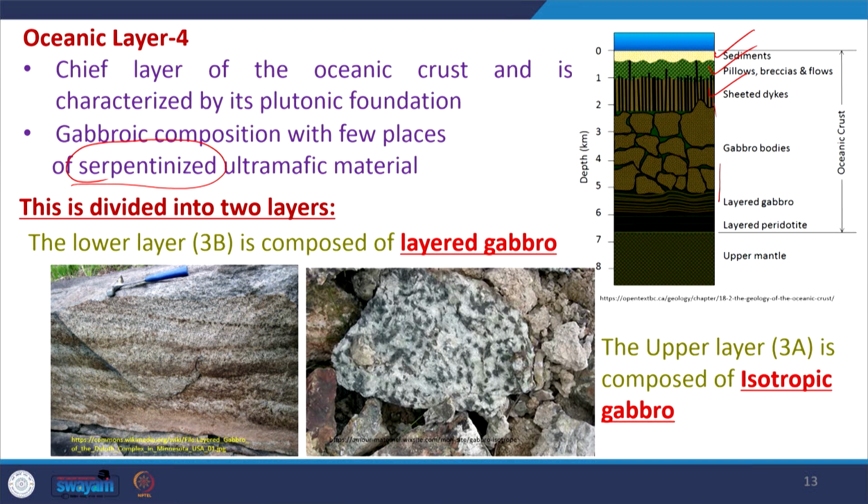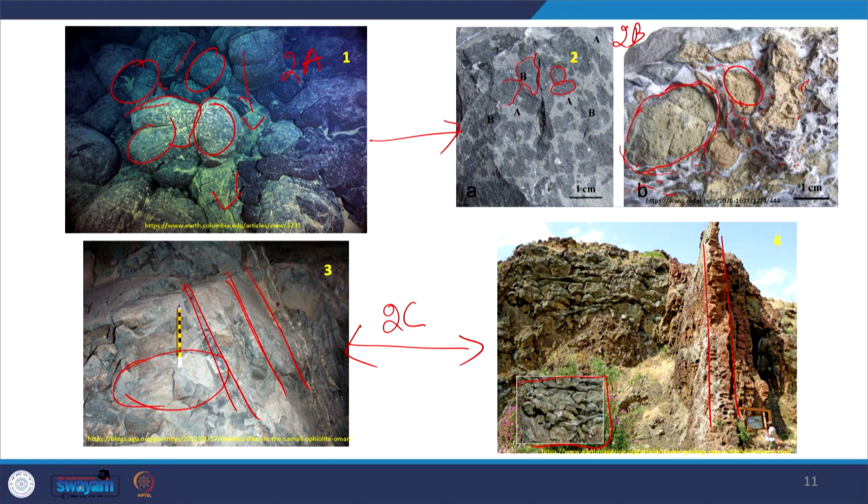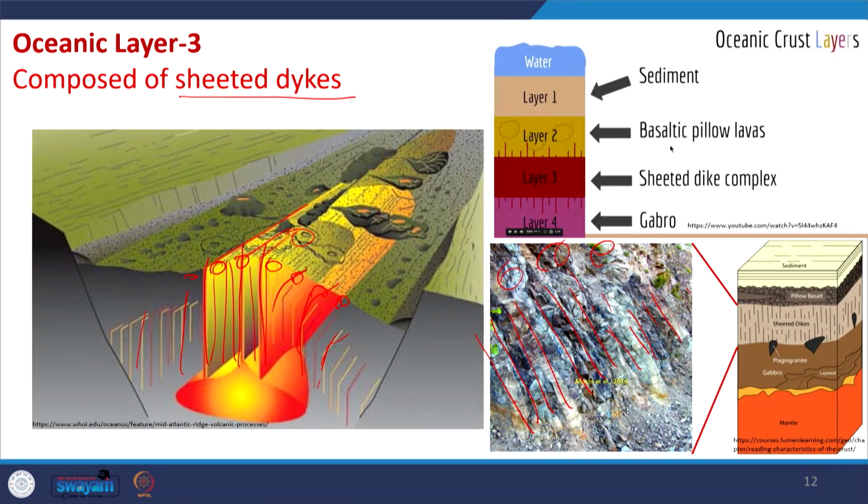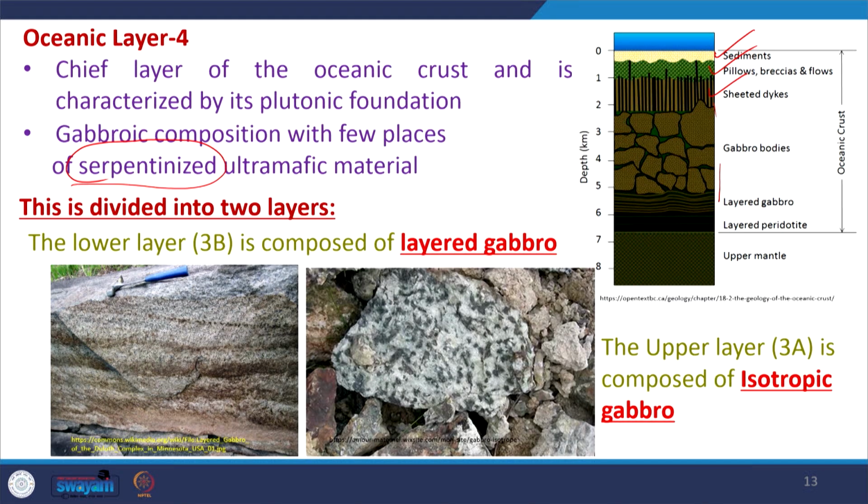Finally, olivine and pyroxene, which are the chief components of this basalt, are altered to serpentinite or serpentine. If you see here, these black parts are fresh basalt. However, the parts that become grey and whitish are the altered product of this basalt, the serpentinite or serpentine. That means part of this basalt becomes serpentinized due to alteration in the presence of water, and this water comes through these fractures and pore spaces